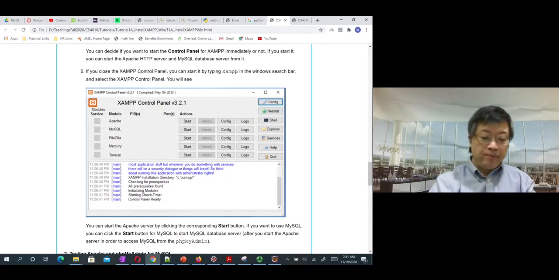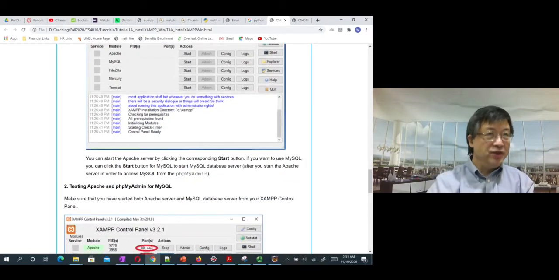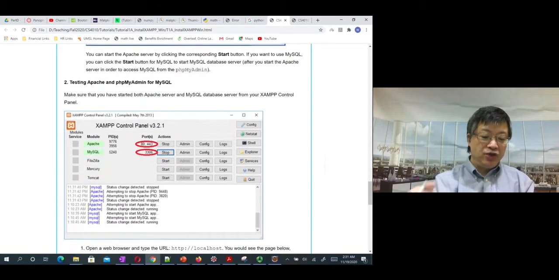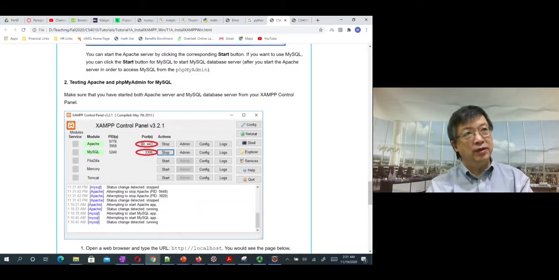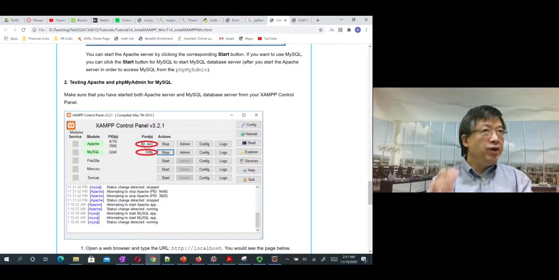All right, so that's the preparation. Here I show you the picture when they started. It looks like this. Very easy. But one thing I want to remind you, because for the default setting, many Windows machines,